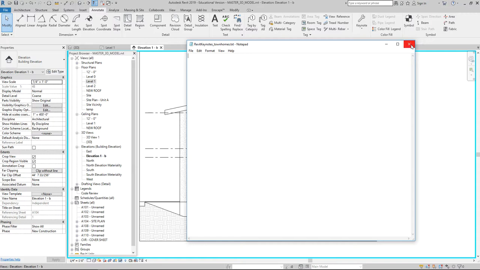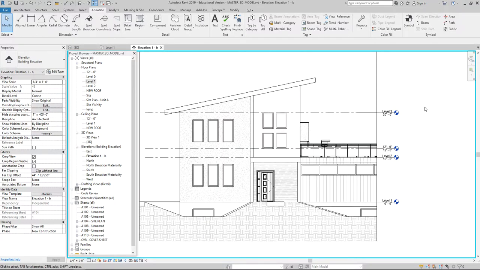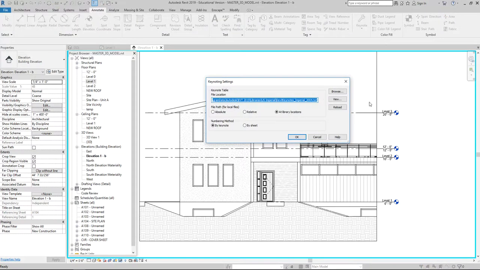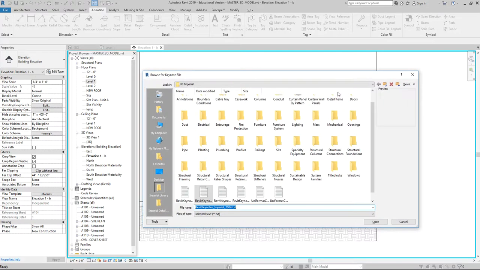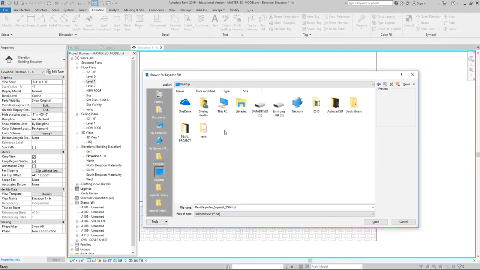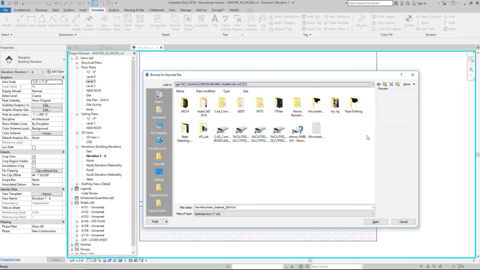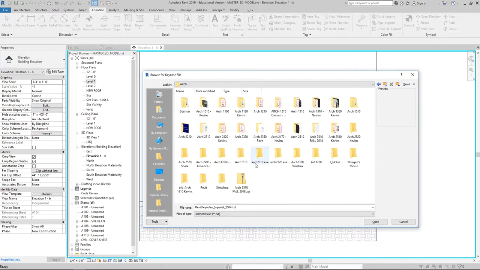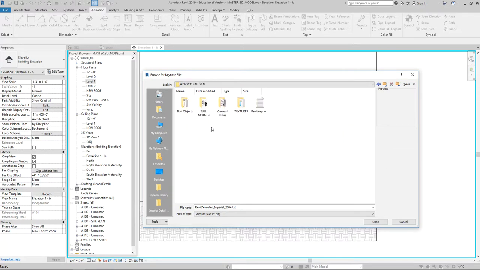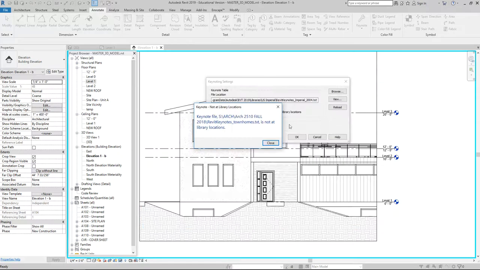Okay, so I'm just going to close this out real quick. That's my Keynote file. And I'm going to come back here to my little Keynote icon and choose Keynote settings. I've changed the location of my Keynote file, so I'm going to hit browse, and browse to wherever I have moved my Keynote file, which is under CAD Common Arch 25, 2510 fall, and then Keynote file. So I click on it, I hit open, and by doing that,